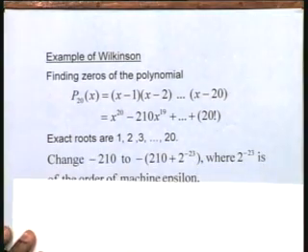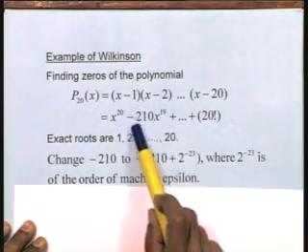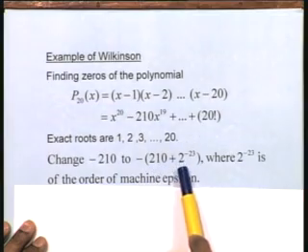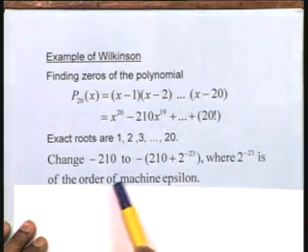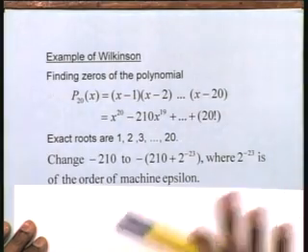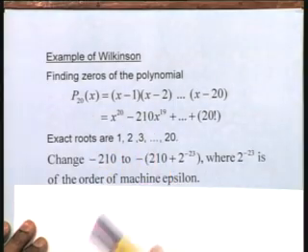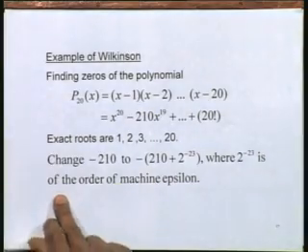What we do now is change only one coefficient, that of x to the power of 19, from minus 210 to minus 210 plus 2 to the power of minus 23, where 2 to the power of minus 23 is of the order of machine epsilon. Therefore, we are not committing an extra special error, we are just adding a number which is the accuracy of the machine as the error in the particular problem. Now let us solve this problem by a number of methods, which we shall discuss later on.